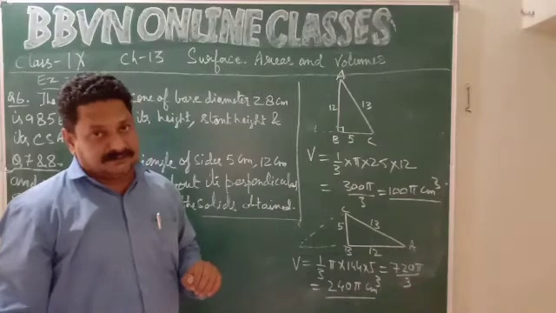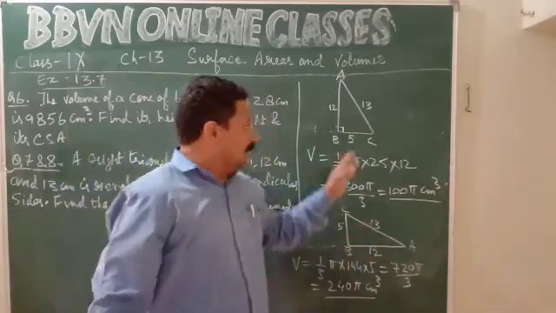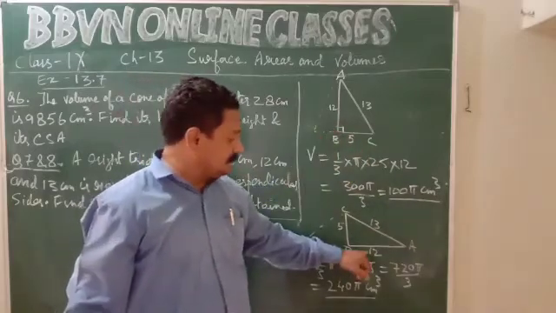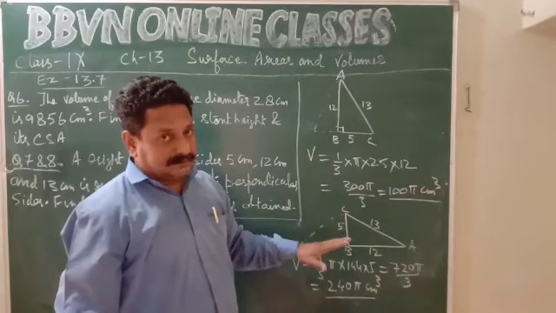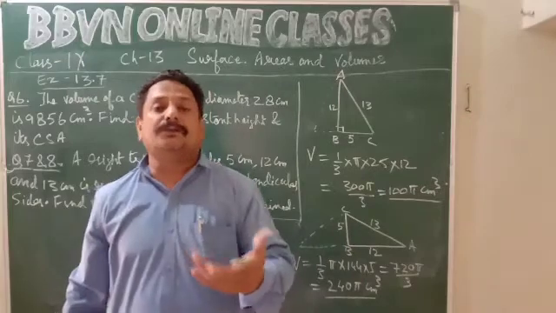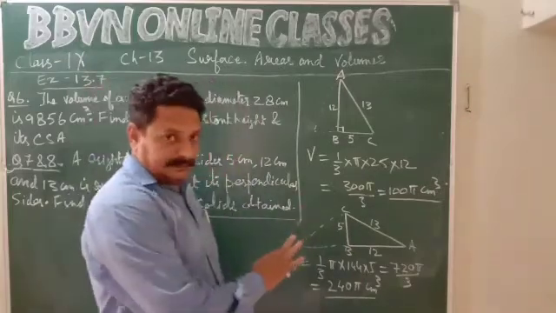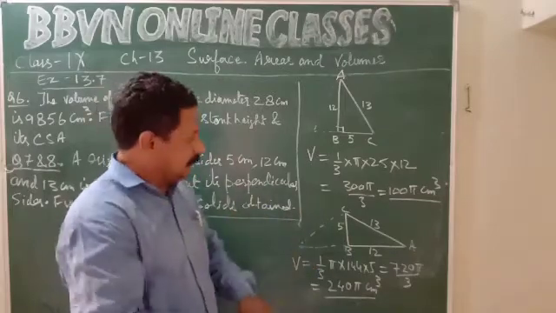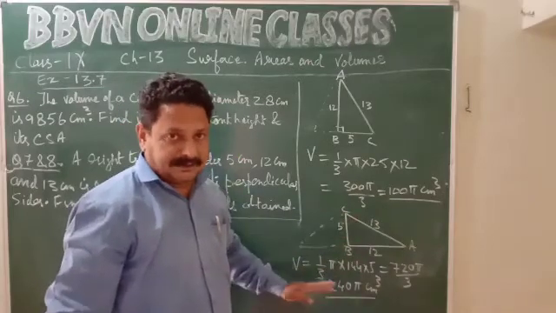There is a change in volume. Why? Because the shape changes. See here, radius is 5, height is 12. Here, radius is 12, height is 5. Understood? Got the idea, children? ऐसा भी हो सकता है. I give you an activity to perform at home. You can do one thing. Same, children, please pay attention. This is the solution of question 7, question 8. You can find the ratios between these two volumes. You can also find the ratio.